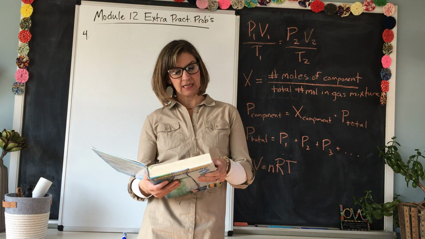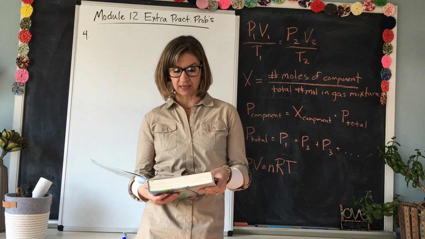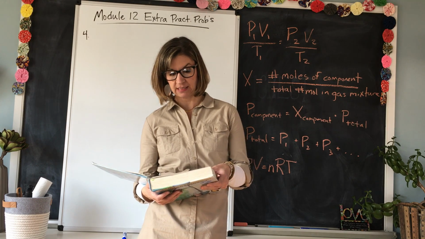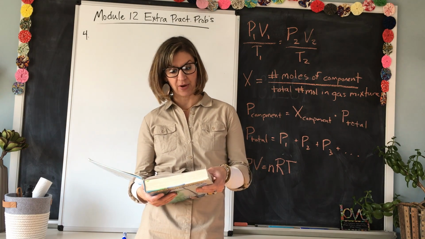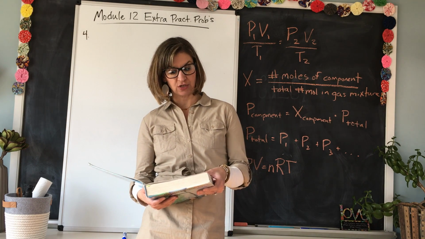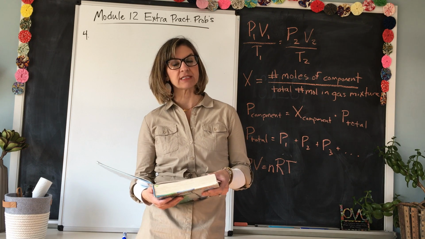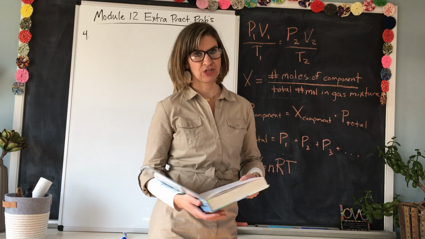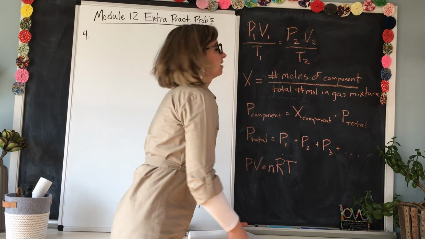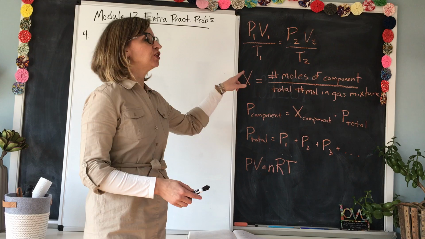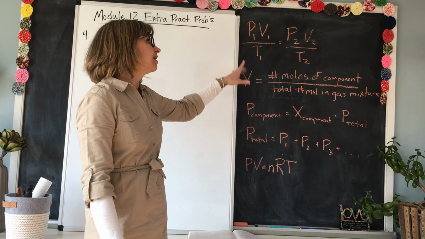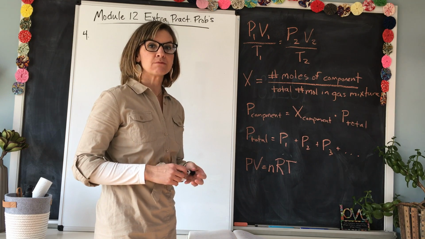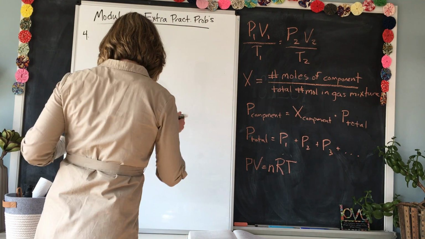So number 4 says a mixture of nitrogen and oxygen gas are stored at a temperature of 25 degrees Celsius and a pressure of 1.0 atmosphere. If the partial pressure of nitrogen in the mixture is 0.7 atmospheres, what is the partial pressure of oxygen in the mixture? Now, as you can see, I have actually used my blackboard this time, and I wrote down all of the equations from this module. So the way that I like to get started,